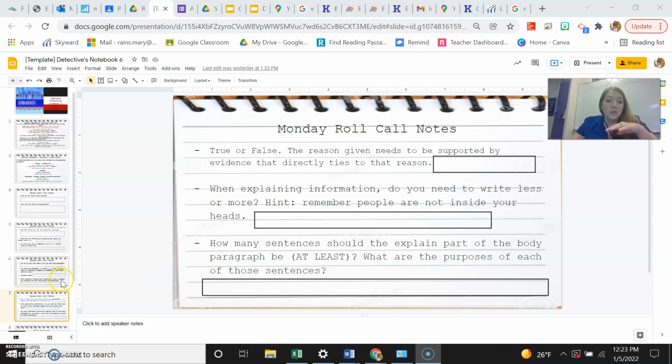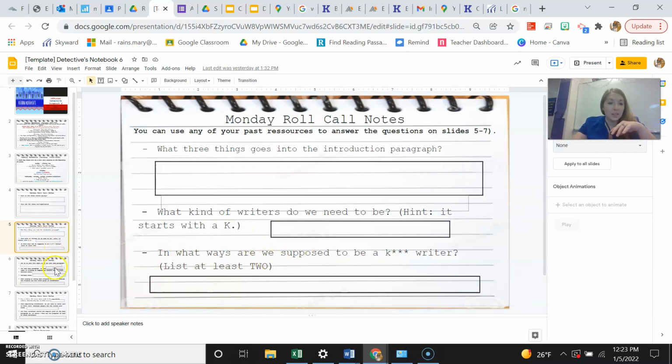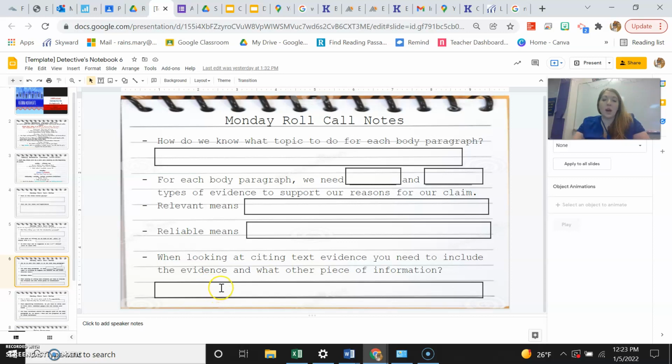So we should have gotten through the first couple of slides, but just as a reminder, the last thing that we got to, I think, was this one. When looking at citing text evidence, you need to include the evidence and what other pieces of information? If you didn't have this, you're going to write this down. I'll type it in here, and I want you guys to make your slides look like mine. So what you need to include is you also need to give credit